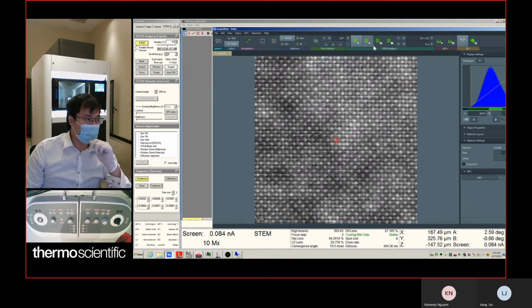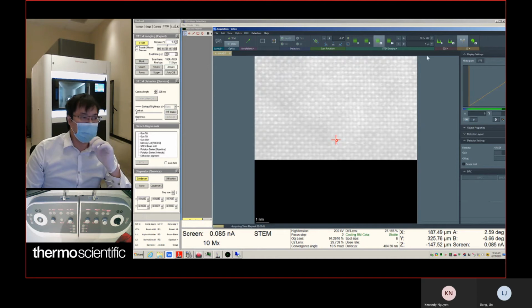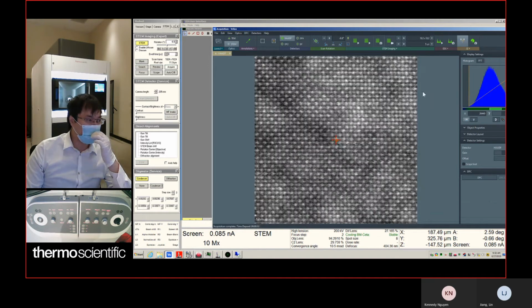And then you can stop the view and apply imaging. You can apply 512 by 512 imaging, and then you can set up the